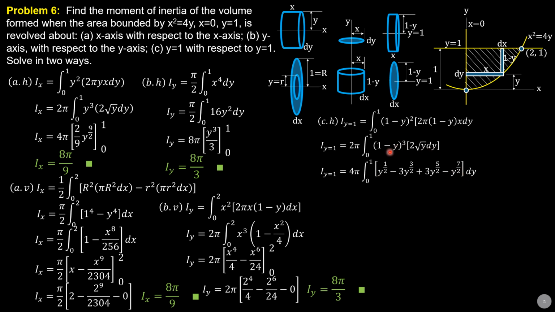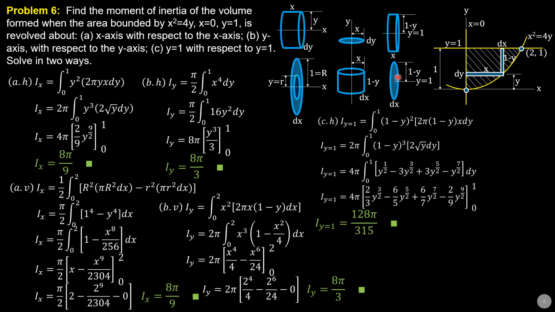Actually, you can evaluate this integral using your high-tech calculator. You can use that for checking. I'll just evaluate this manually by expansion. So that's 4 pi quantity 2/3 y to the 3 halves minus 6 over 5 y to the 5 halves plus 6 over 7 y to the 7 halves minus 2 over 9 y to the 9 halves, 0 to 1. So everything here will be 1, lower limit 0. So that would be 4 pi times quantity 2/3 minus 6 over 5 plus 6 over 7 minus 2 over 9. That would be equal to 128 pi over 315.